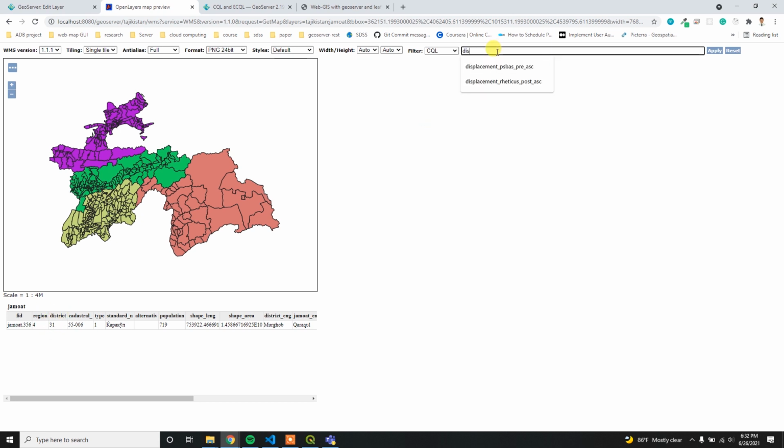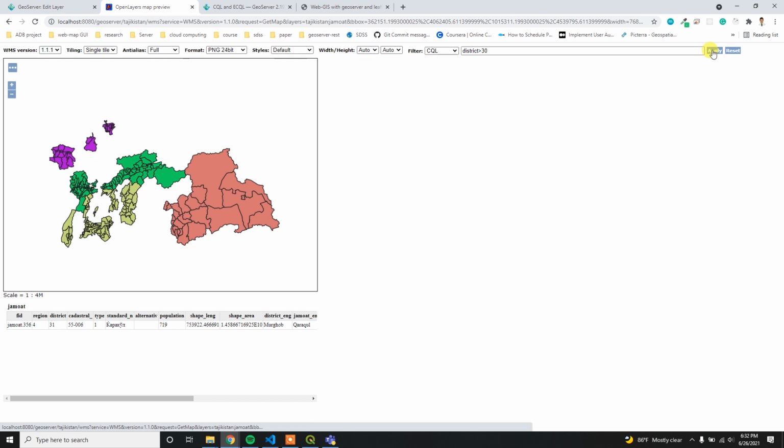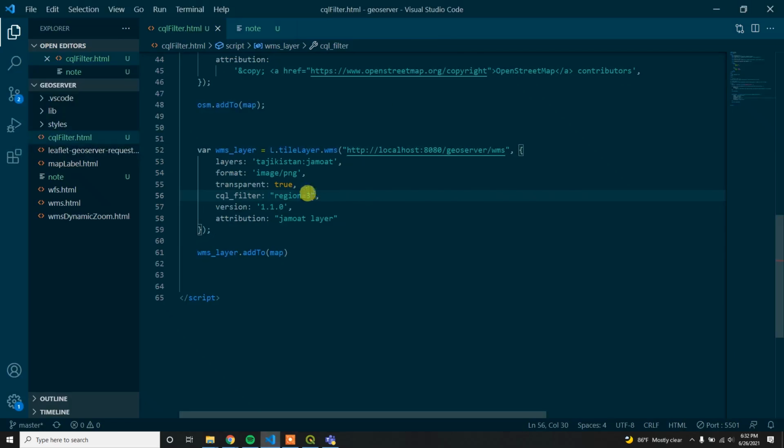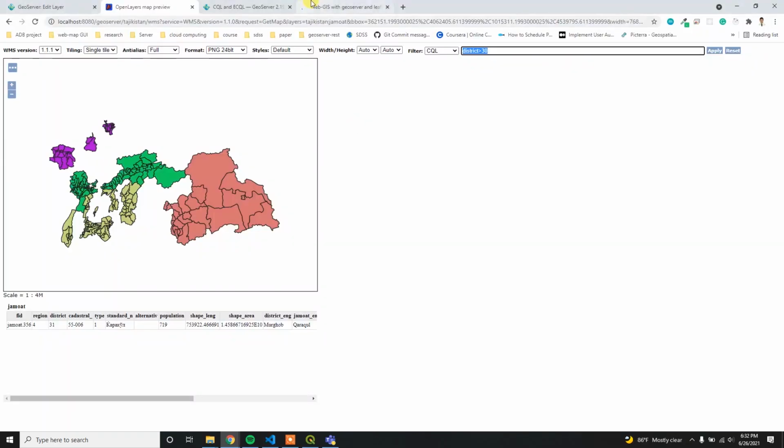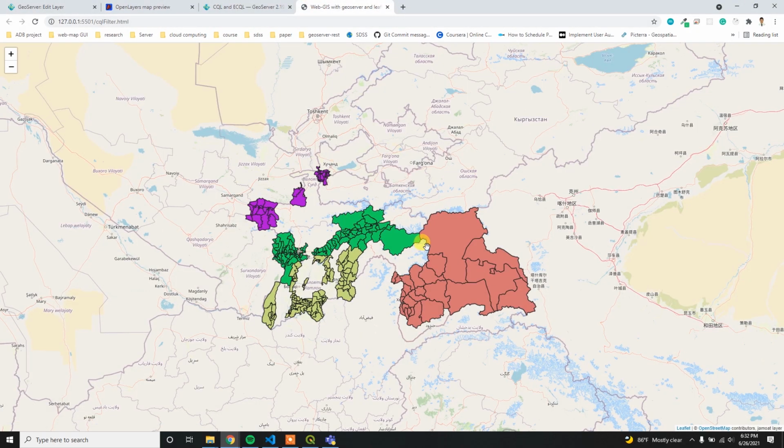So what I can write is district is greater than 30. Okay, let me filter. Now our layer will look like this. I can simply apply this condition in the Leaflet map so that I can filter it there as well, something like this. In this way you can filter your data based on whatever condition you want.